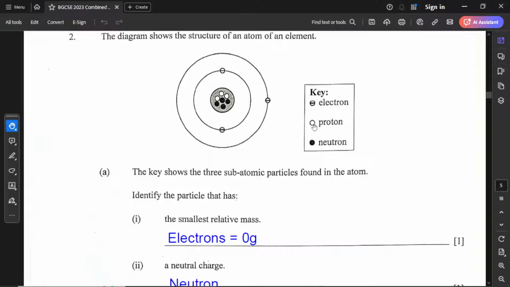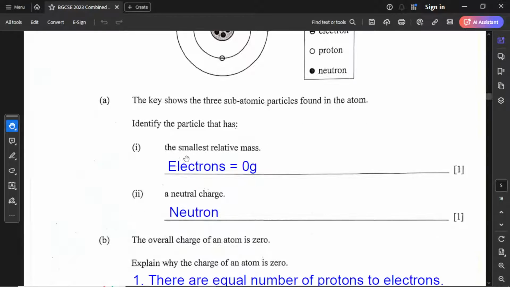All right, we have protons, which is unshaded, and then the neutrons, they are shaded. All right, so you can look at the diagram, you see the electrons on the shells, the protons are the unshaded one, and then the neutrons are the shaded one. Now the question here asks, identify the particle that has the smallest relative mass, and that is